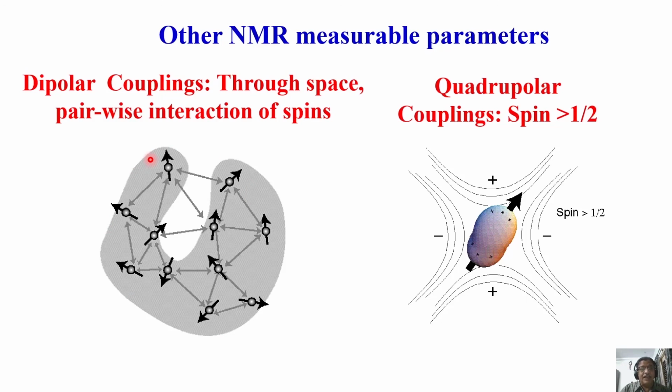The previous interaction, scalar coupling, has certain strength. Beyond a certain number of chemical bonds, the strength drastically decreases, and after a certain number of bonds, you don't see it. Whereas here, there may be n number of nuclear spins, no problem. One can interact with others so long as there is a spatial proximity between them. The number of bonds they are separated by does not matter. Spatial proximity is important. And of course, this is a quadrupolar coupling, which is for spin greater than half. I will not discuss this.